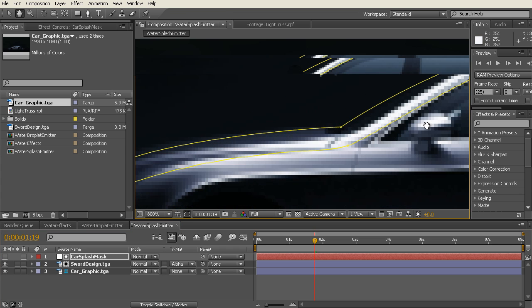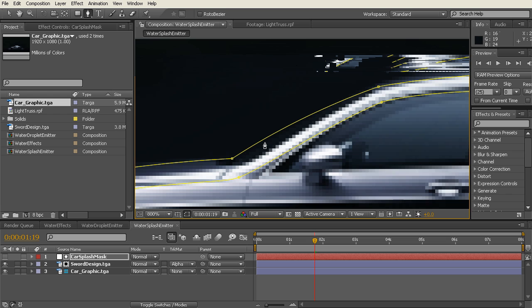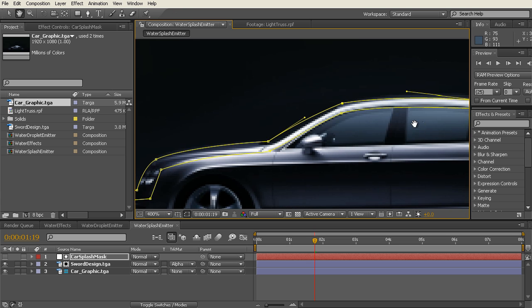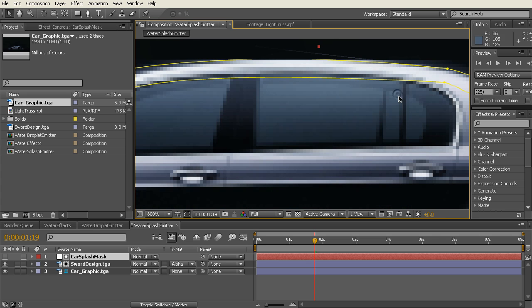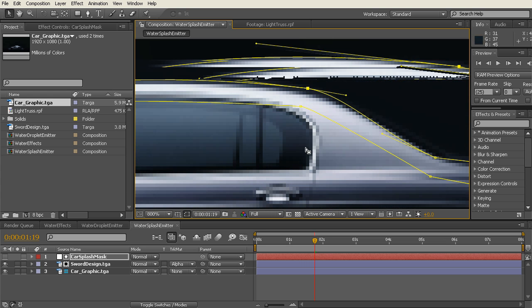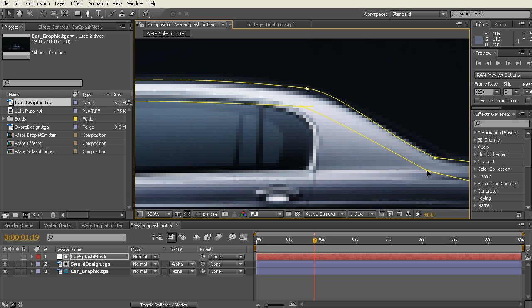You have to remember, even though it's hard to see, there is a windshield through this area here, so don't pull your mask. If I grab my selection tool here and grab that mask point, don't go and pull it over here like this. Make sure that you include the window, because it's important for the actual effect itself. And make sure the top of the car, you include that full contour over the top of the car. And come across a little bit more. Just going to bring this, might be just a little bit far away from our,